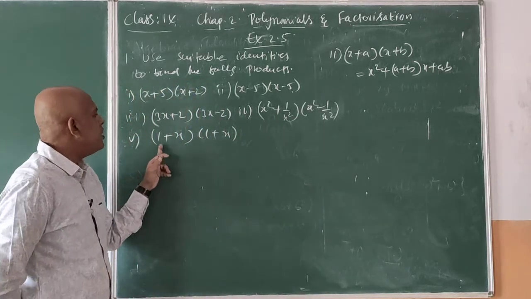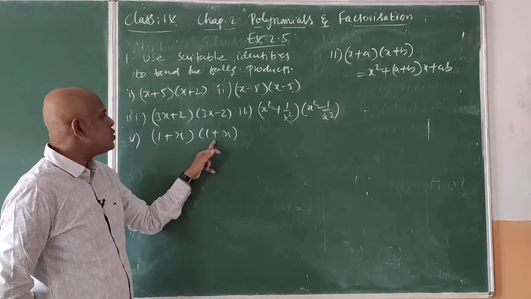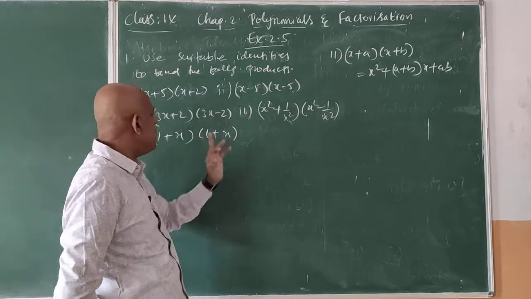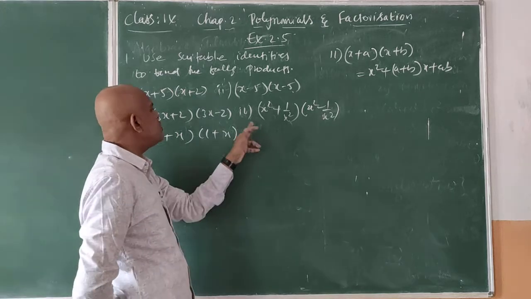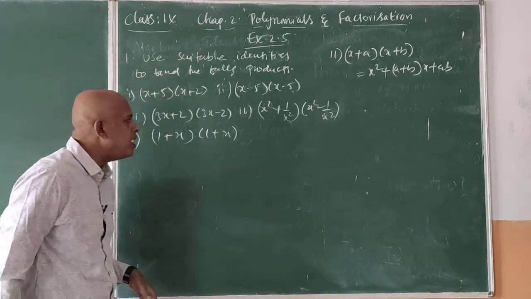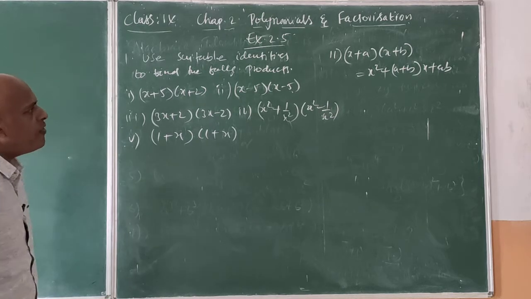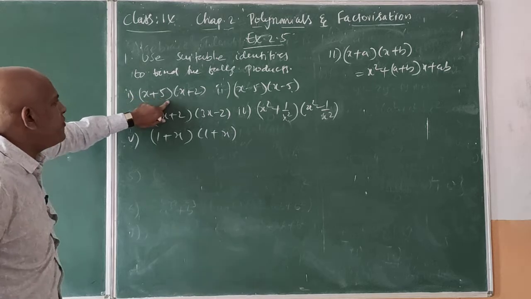So now here 1 plus x. Here same terms are there. How many times are there? 1 plus x, 2 times. 1 plus x whole square. Here also x minus 5 is x minus 5 whole square. Here 1 plus x, 2 times, this can be written as 1 plus x whole square. So here the a plus b whole square formula. So based on the situation, based on the problem, we have to use the formulas based on the suitable identities given. So here this is a different formula.